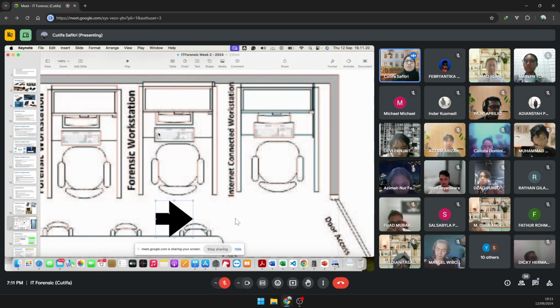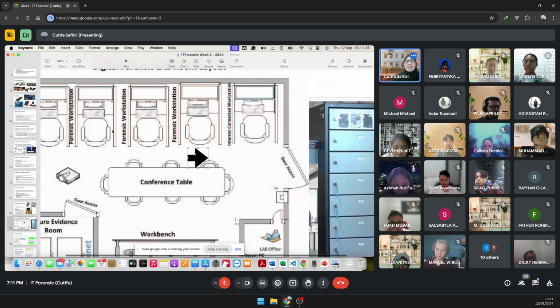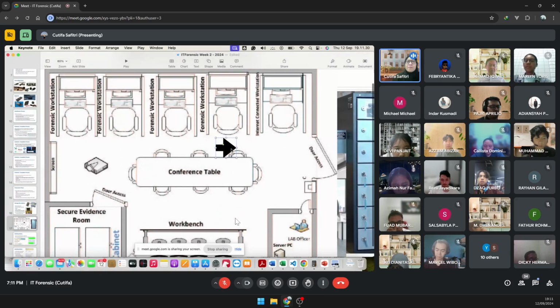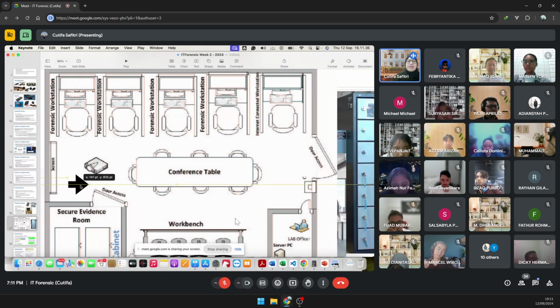Once it is connected to the internet, we call it already dirty. Oh, so you wanted to work with a clean computer, right? That's why some forensic workstations have a different workstation. They call it clean, and then never use the internet and so on.